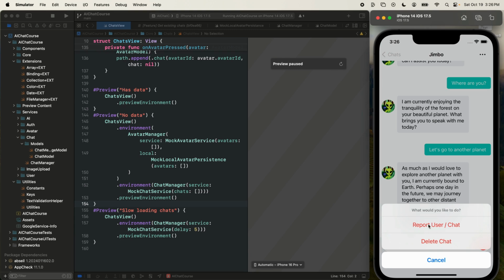I first want to mention that the reason that I put report user chat in here is because if you have any sort of social networking app that goes onto the App Store, when Apple reviews your app, they're going to require you to add features so that users can block or report each other or different messages or different posts on your platform. So if there's ever a situation where a user is generating their own content and another user is going to see it, then you need the ability for the one user to basically block or report